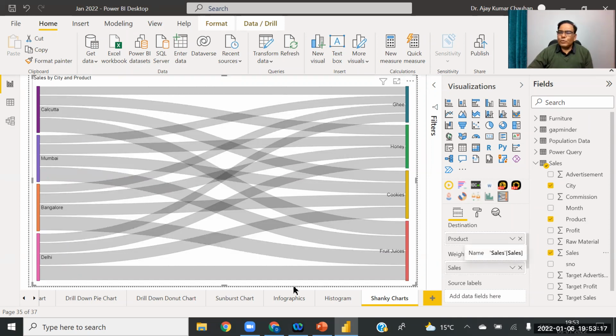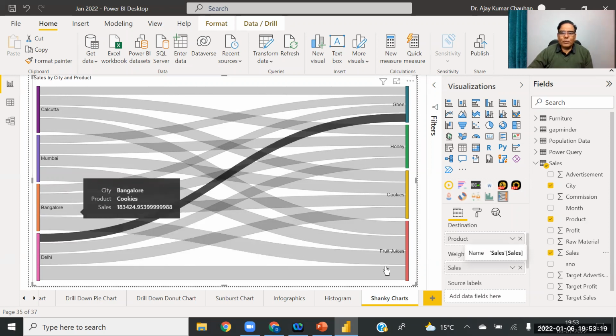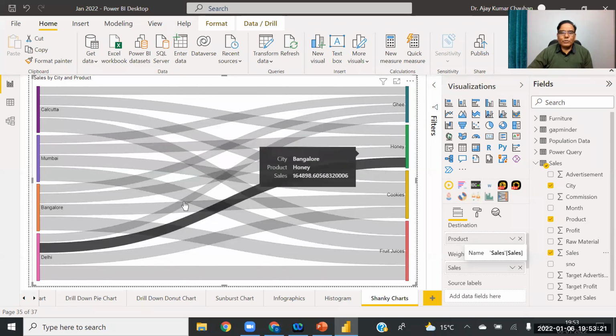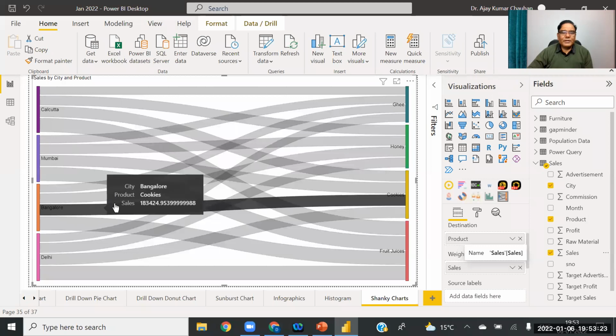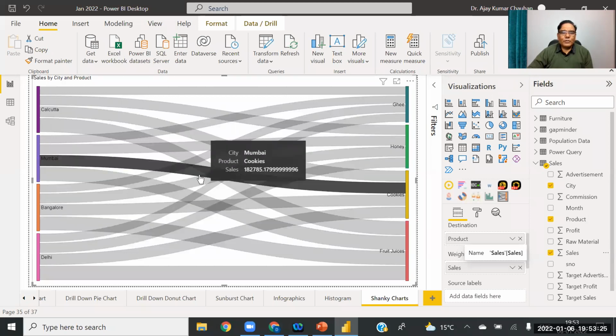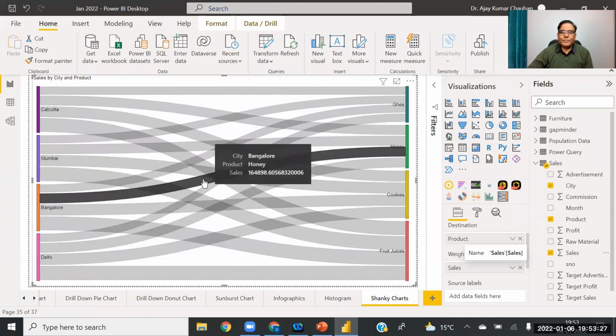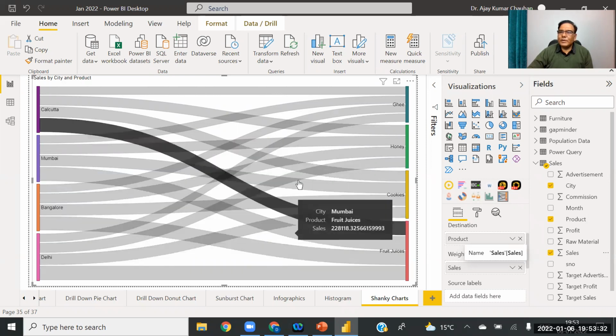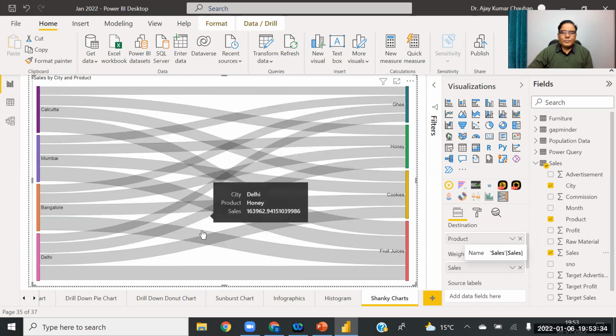So suppose you want to know what is the sale of honey in Bangalore. So you have to find the link of honey with Bangalore. So I think this is the link. So Bangalore honey. So you can find the link and see its value. So this chart is called Sankey chart. Basically here I'm combining only two things.